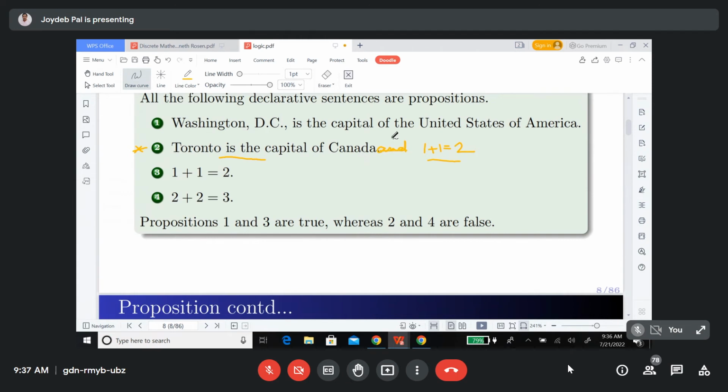अगर and के जगह पे और भी लगाते, then also it is compound. Okay? And ये जो लिख रहे हैं ना and, or, these are actually connectives. These are called logical connectives. तो इसके बारे में बाद में बताऊंगा कि व्हाट आर द लॉजिकल कनेक्टिव्स।